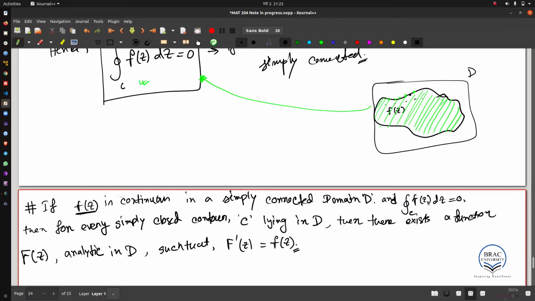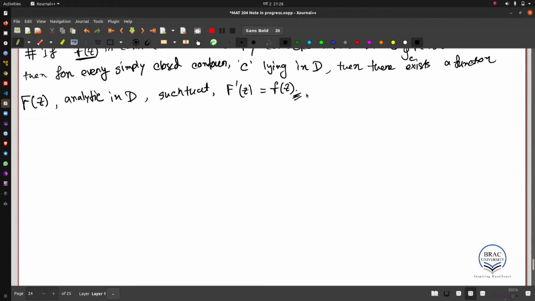Now, after that, we are taking it for granted over here that this f of z is equal to the derivative of another function, capital F prime equals f of z. That means the antiderivative itself is analytic. That's what this statement is trying to indicate. Okay, so if you have an f that is continuous and it satisfies Cauchy's theorem, that means the small f itself is analytic, and you want to find an antiderivative of it, that will also be analytic. We will not go to the proof over here. We are taking this for granted without any proof. The proof is also pretty simple, but we are not going to see that over here